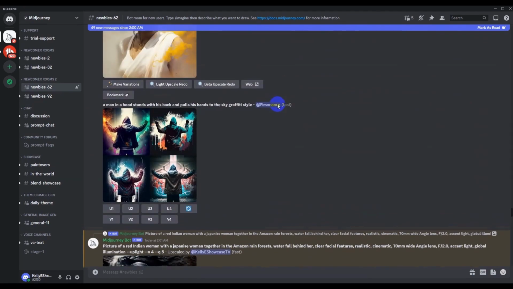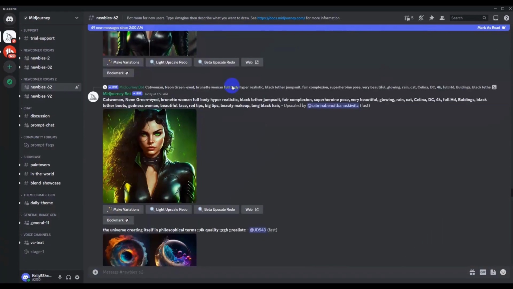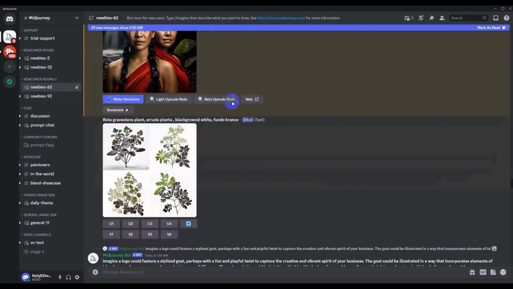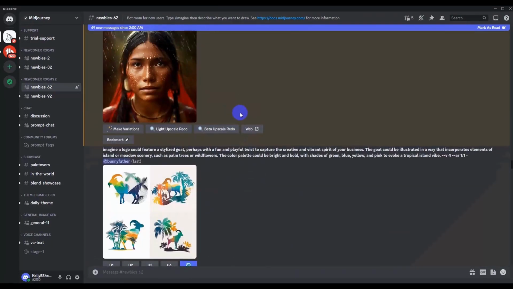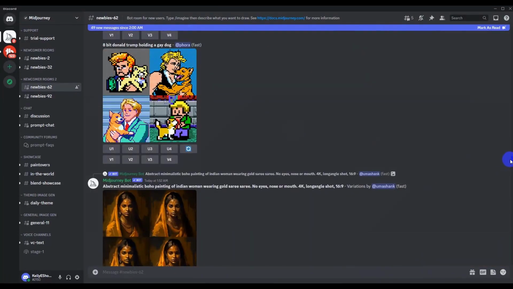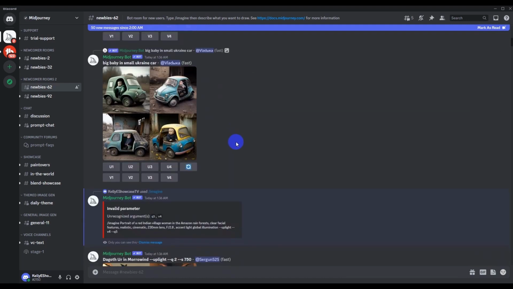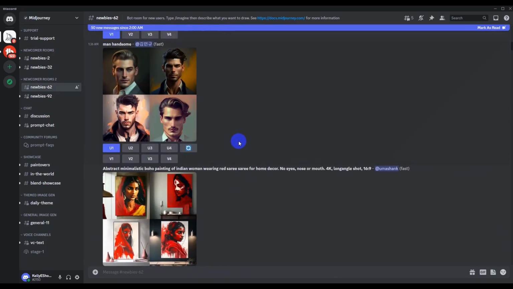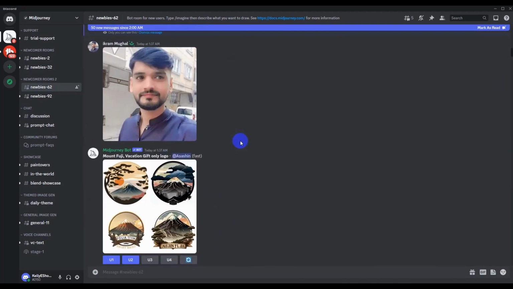Let me show you a few images that I made with this AI. So I started off. Okay, this is an AI, Midjourney, that you would use to generate artificial images.